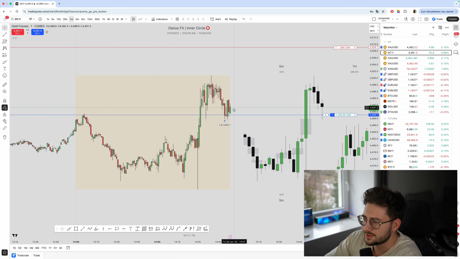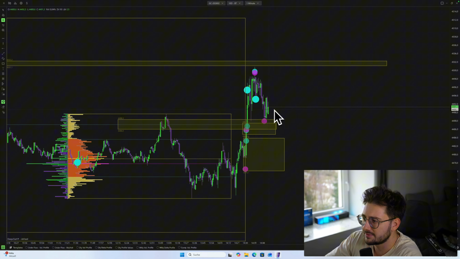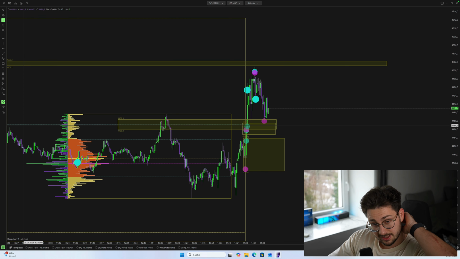eliminate the trade once we go aggressively lower. It will really depend on how we push lower. If we go below the low, and the market will do this with a lot of speed, and I see that they will even enter here, then I will be basically out of the market.